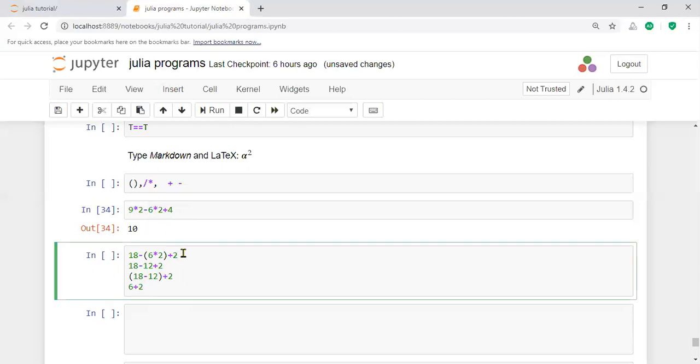The value here is 4, not a 2. Yes, the value here is 4. 6 plus 4 equals 10. The result here is 10. That means in this way you will consider the associativity, whether it is left associativity or right associativity. Those details you also have to consider.